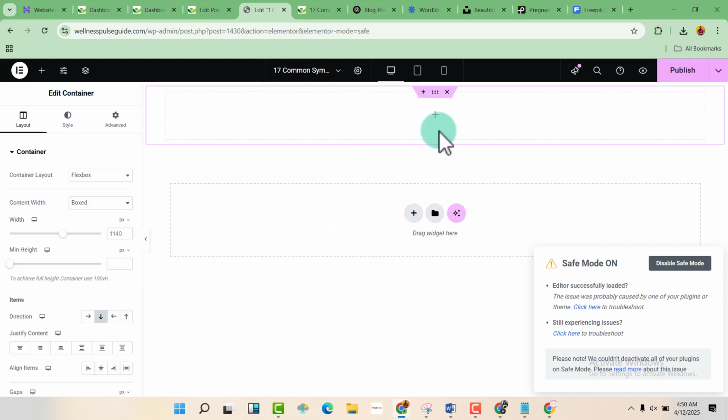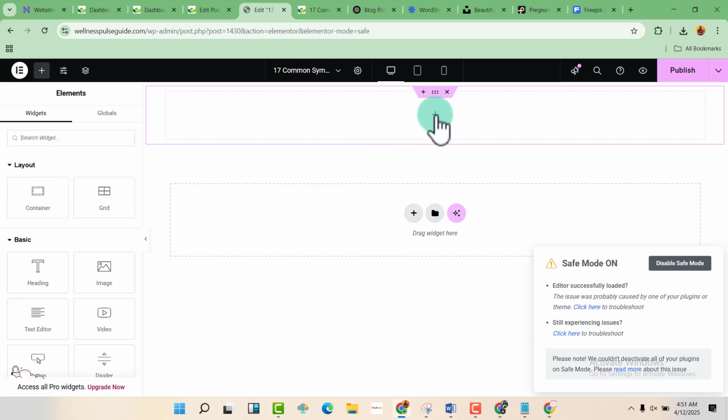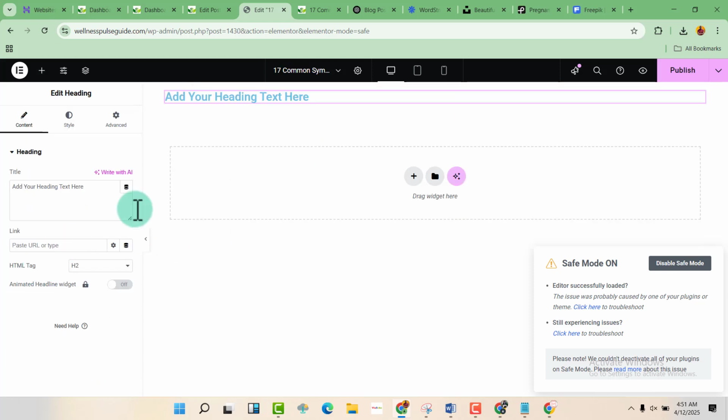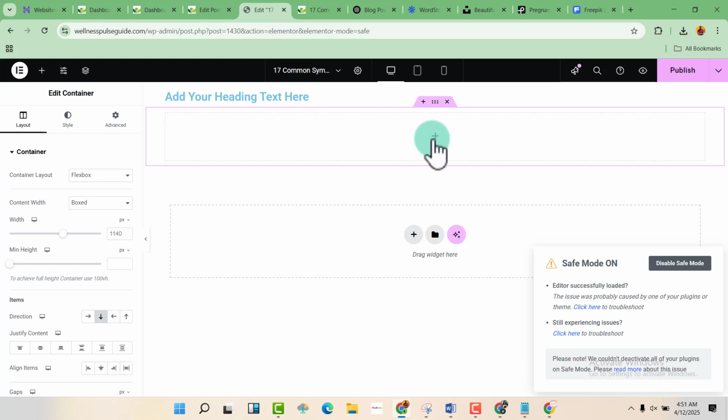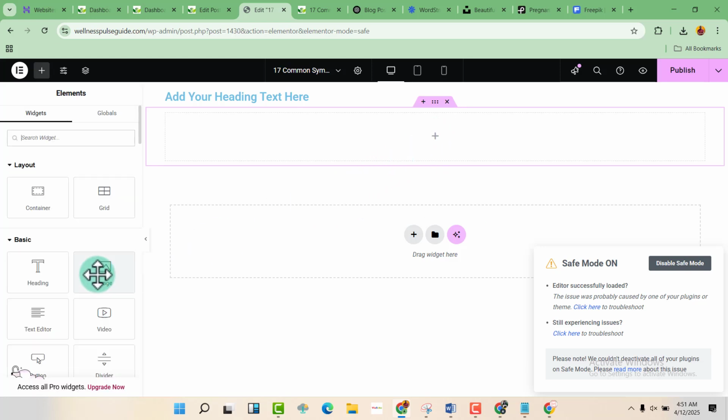And then you'll be able to see the box appearing up here. So click on the plus again. And now this time select what you want. If you want a title, just click on it and it is going to appear there automatically. Or if you want to add something else, click on the plus icon, click on flex box, click on the first box, and then click on the plus. And now maybe if you want an image, you can click on the image here,